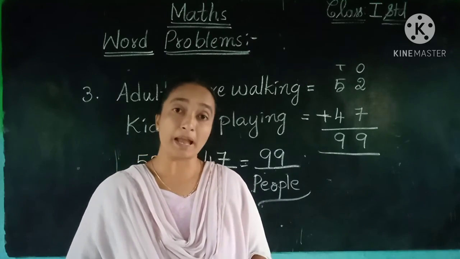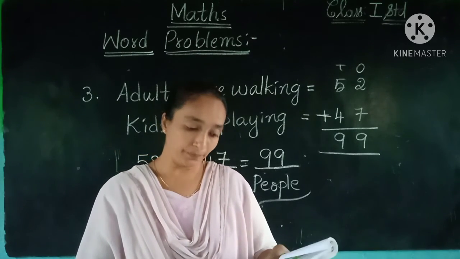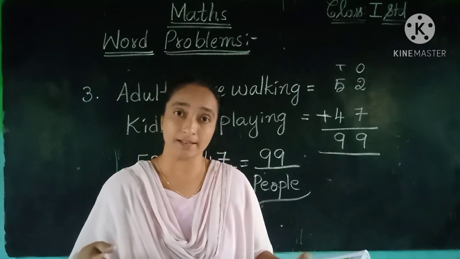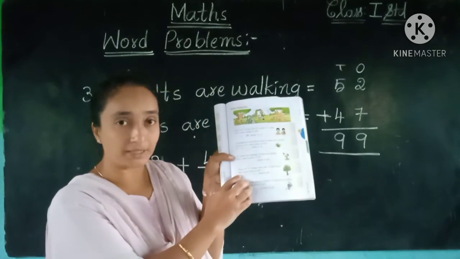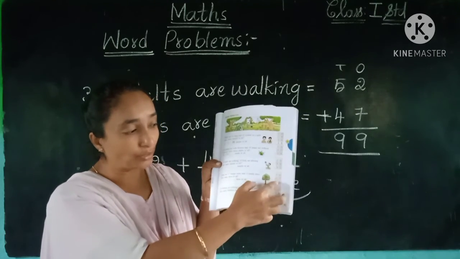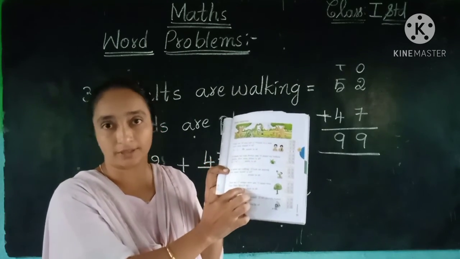So they have given about the mango trees and the neem trees. 17 mango trees, 12 neem trees. How many trees altogether they are asking. So the first blank here you can write the 17 and second blank here the 12 neem trees. So totally if you do the calculation, the answer this you have to write here.